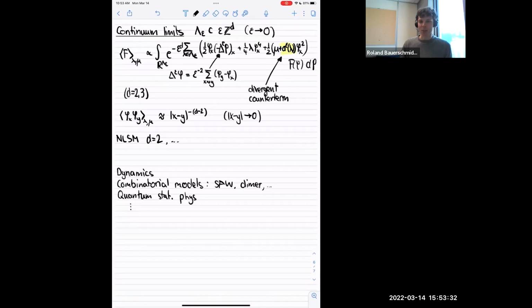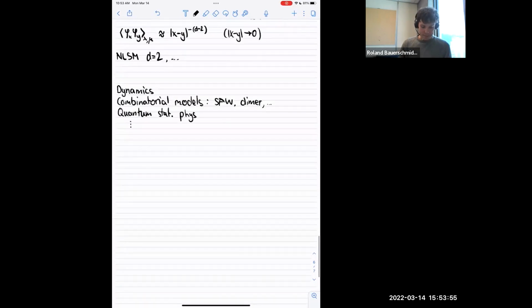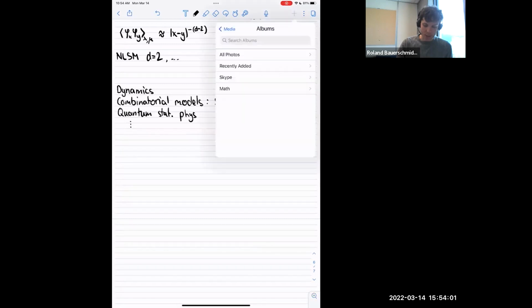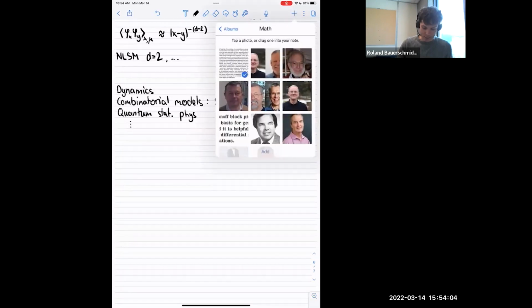But there are also many other kinds of models which at first seem unrelated, and can be reduced to models like these. That's, for example, the case for self-avoiding walks or dimers and others. But there are also other models that don't look exactly like this, where it would be desirable, but there's been some progress on such models, but not so much is understood, I would say.